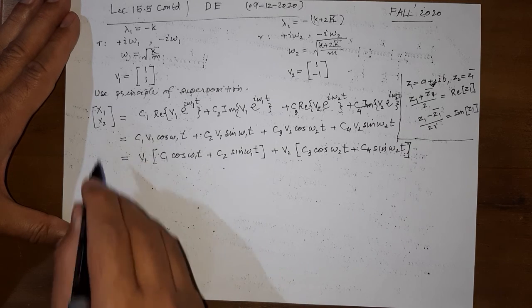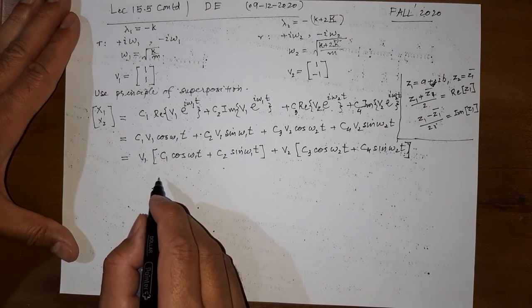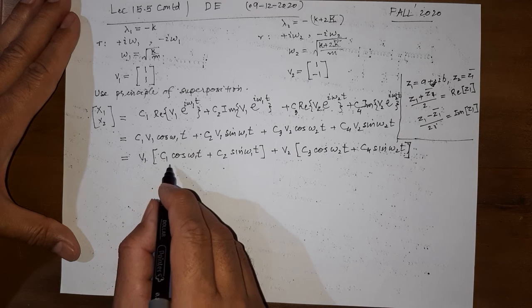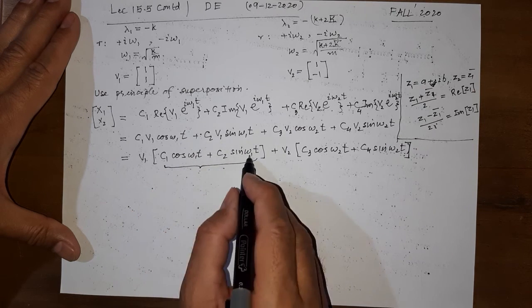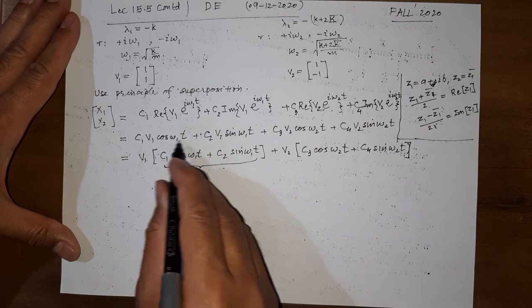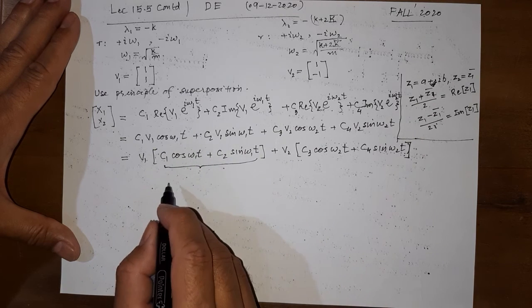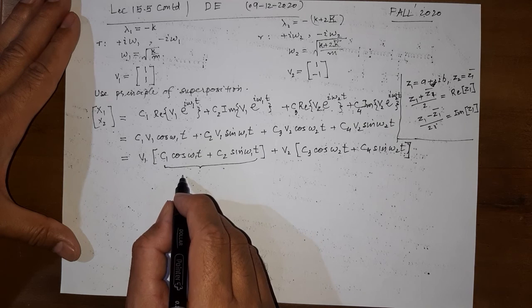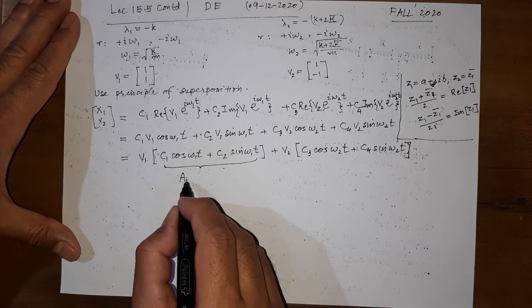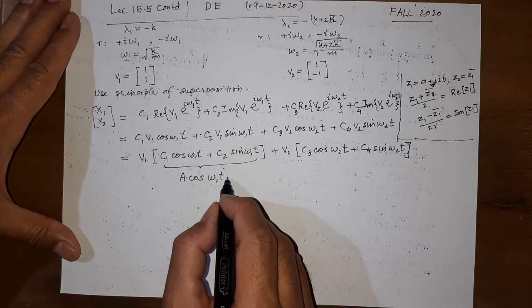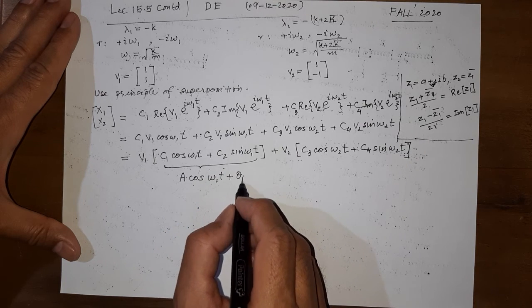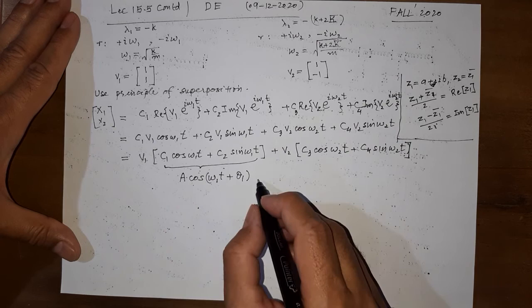Because these are vectors, we are going to get values of x1 and x2. But what I wish to emphasize is that this sum of two sinusoids with the same frequency and different coefficients would still be a sinusoid of the same frequency with a different phase angle. So this phase angle can be computed.